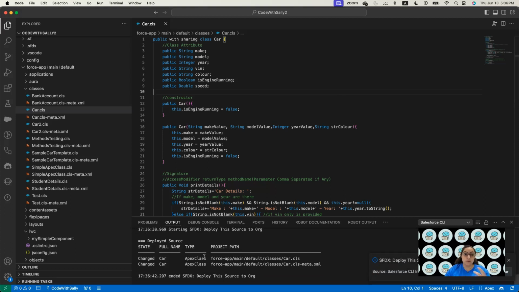And it will show here that it got deployed successfully, and it will tell you which files got updated or changed. And that's how you can retrieve from the org, how you can deploy to the org, and in general, how to connect your Visual Studio Code to the org that you want to work with